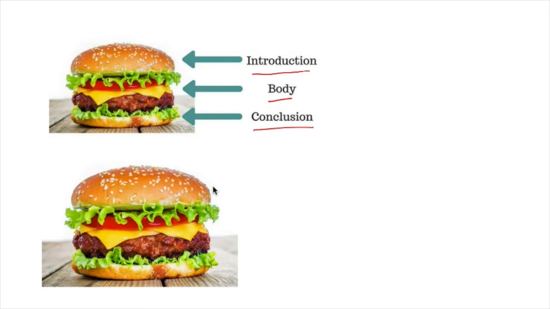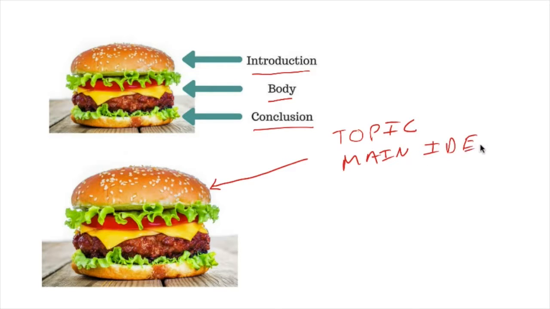So our bun, as we know, is the introduction. The introduction is where you introduce the method, right? What are we going to be talking about? So you have a topic sentence. Topic. Then you list your main ideas. Main ideas. And finally, you have to have a closing sentence. So there are 3 parts in your introduction: your topic, your main ideas, and your closing sentence.